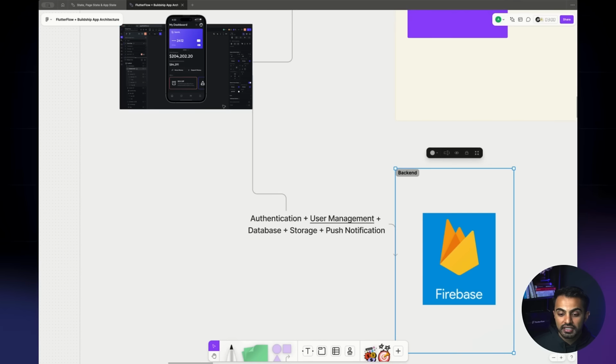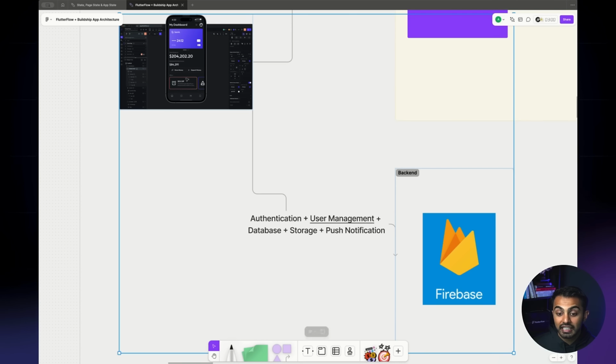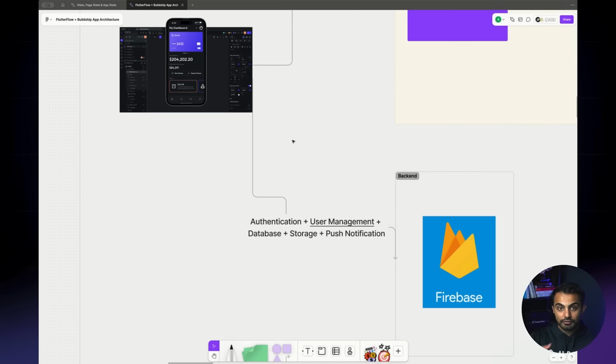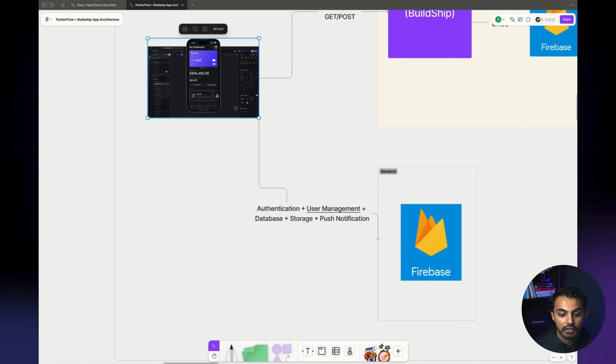But what this is called is a coupled, or tightly coupled, integration, where Firebase and FlutterFlow are very tightly integrated together. You're just reading and writing data, and they're talking directly to each other. This is good for reading and writing data, quickly signing up user accounts, and doing basic CRUD operations. We're going to talk about CRUD in the next segment as well. But essentially what you need to know to move forward is FlutterFlow and Firebase are tightly coupled together.